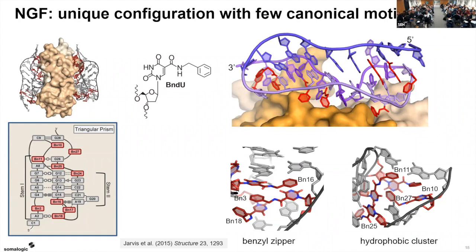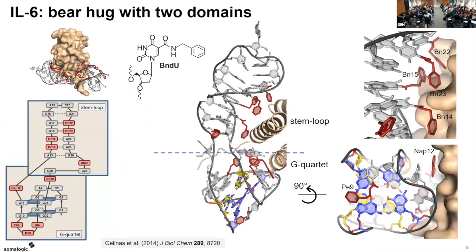One of the modified helical aromatic side chains interacts with the adjacent base in a reciprocal manner. So you have a pseudo base pair where the hydrogen bond interaction takes place. The IL-6 sonomer is clearly a two-domain structure, where you get the interaction of the stem loop and the G quartet domain, basically making the bare part of the protein itself. The two can be disconnected, and it's pretty clear that the G quartet domain contributes the most in terms of